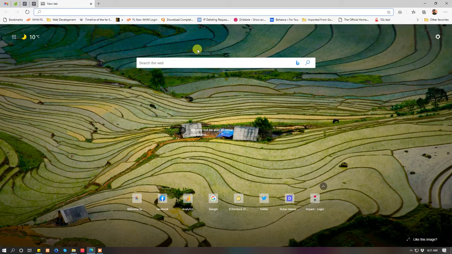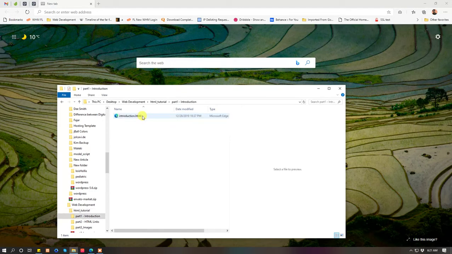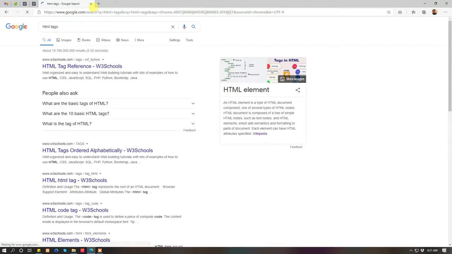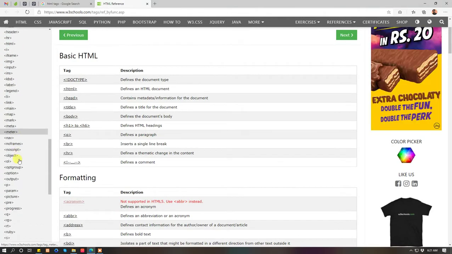So today we are going to do tables, but before doing that I wanted to let you know that you should have done practice of introduction, HTML links, absolute links and relative links, images, and in introduction you have to do practice of unordered lists, ordered lists, and everything. And also please do some research about HTML tags and try to understand what they are and how they work. You don't need to be expert in everything, but you have to understand the basics and how something works,